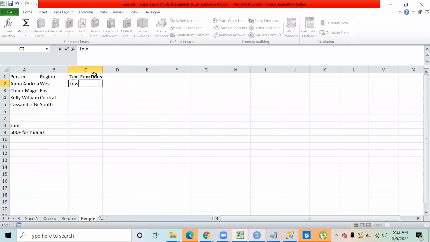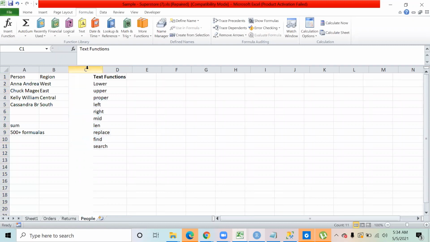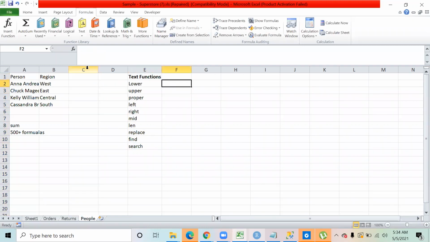Maybe I'll start with lower, proper, left, right, mid, length, replace, find, search. Now these are some of the formulas that I'm going to explain to you when we talk about text functions. Okay.